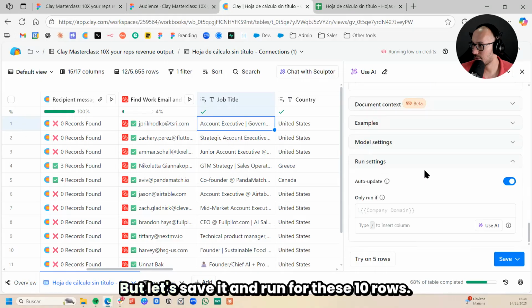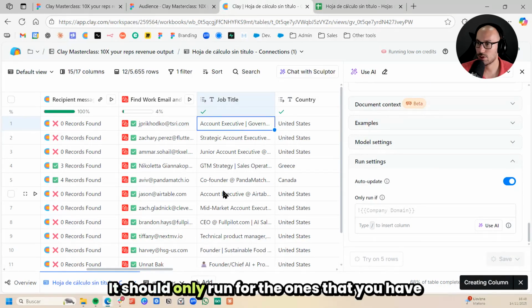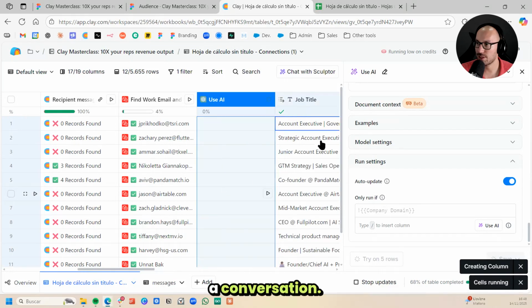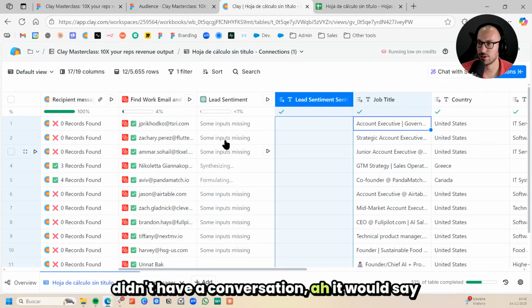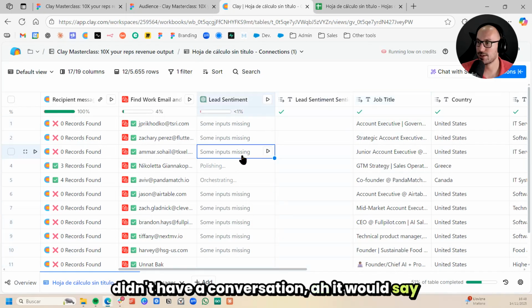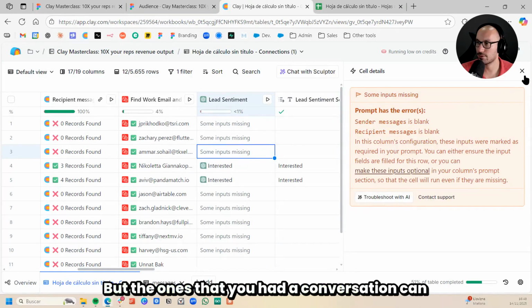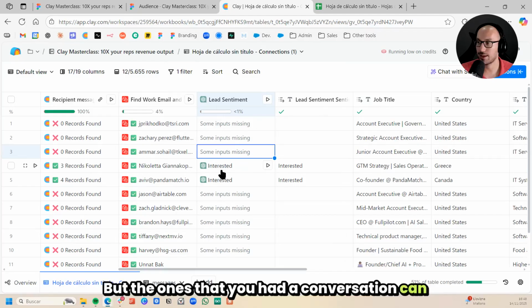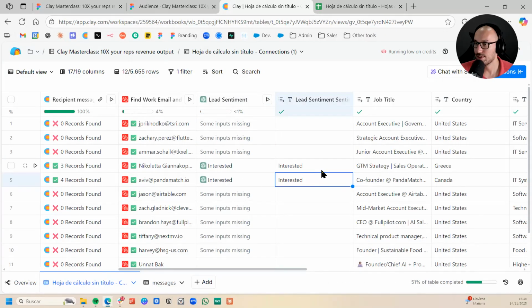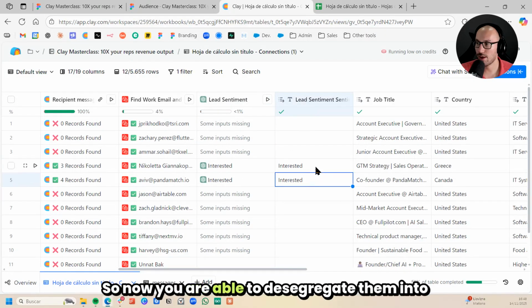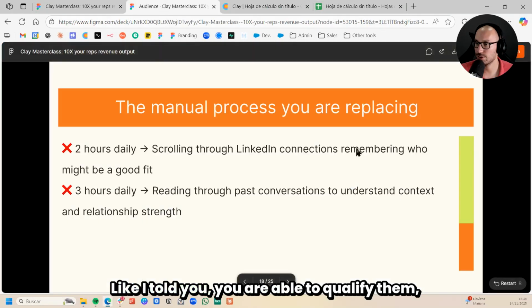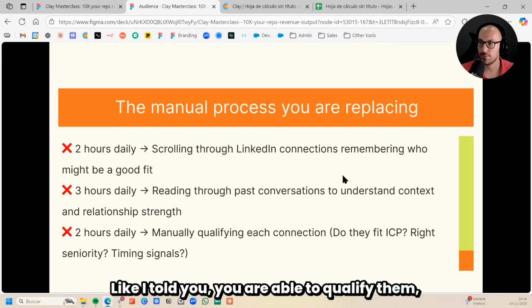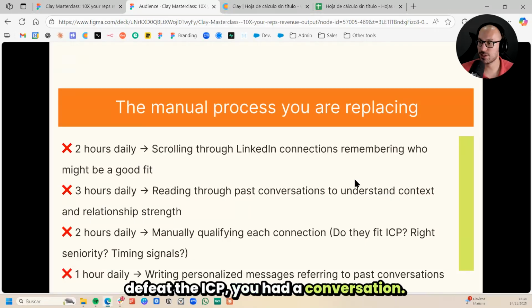But let's save it and run for these 10 rows. It should only run for the ones that you have a conversation. So as you can see here, for the ones that we didn't have a conversation, it would say some inputs are missing, but the ones that you had a conversation, it can tell you that they are interested. So now you are able to disaggregate them in two categories. Like I told you, you are able to qualify them, they feed the ICP, you had a conversation, now let's